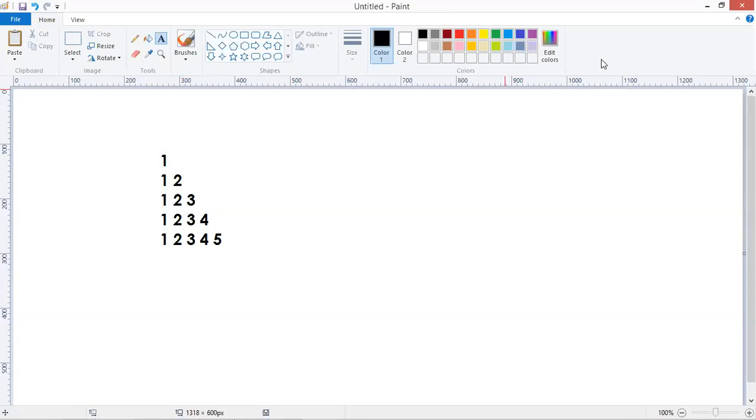Now remember this point. How can we write this? Look at this. Every row's first value is 1. Every row's last value is 1 2 3 4 5, increasing. Now, what is increasing? That you please write outside.